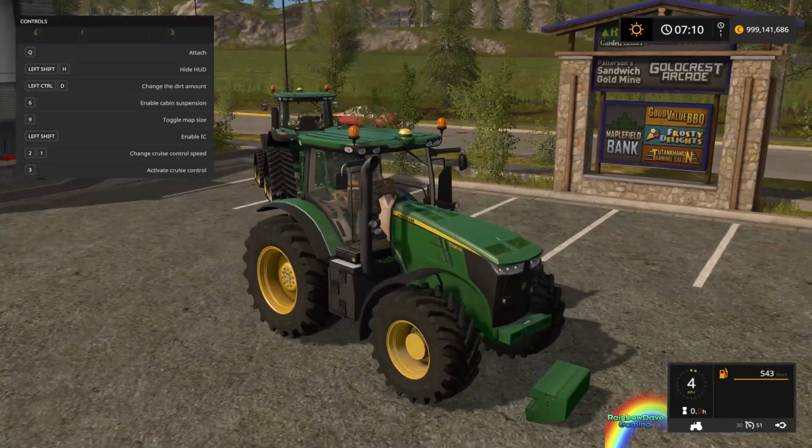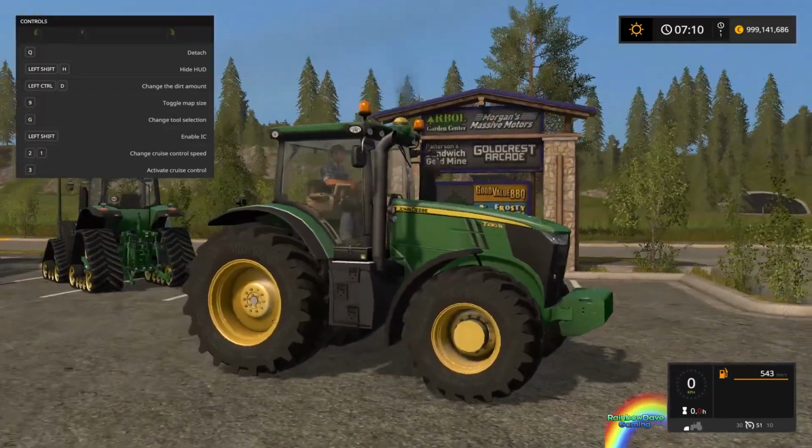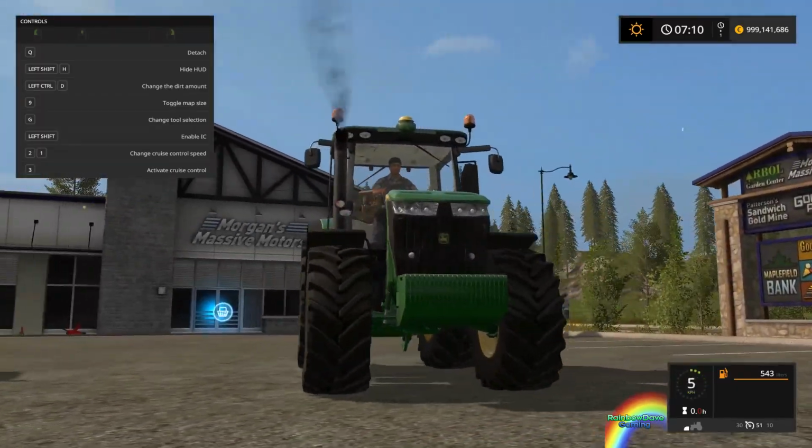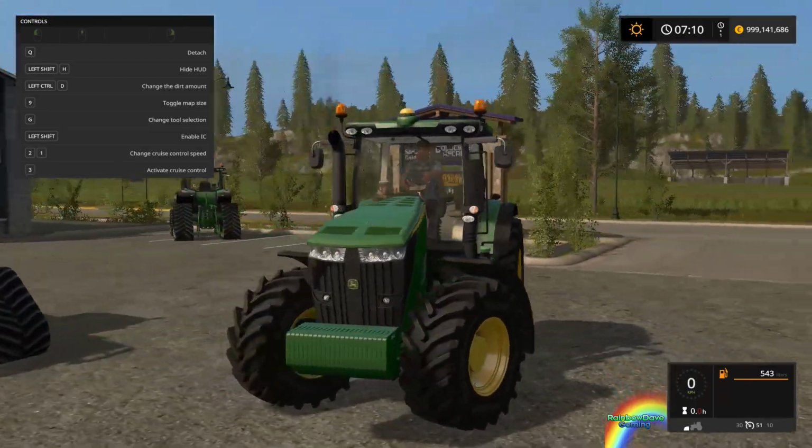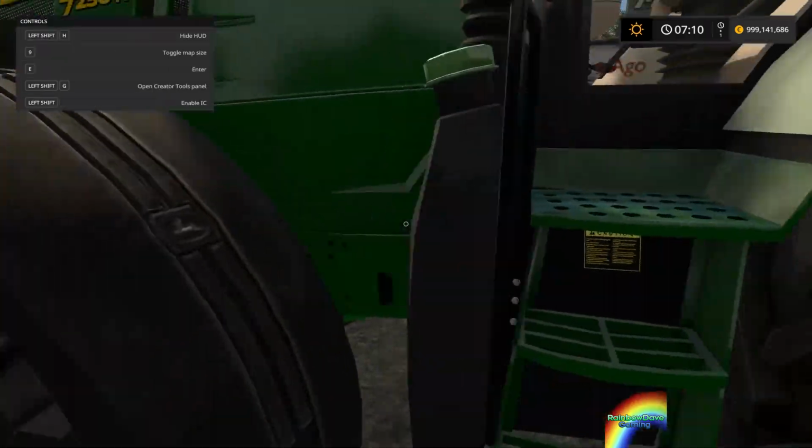Just see how it looks. So there's a front weight on. It's a slightly different shade of green, I'm noticing. But again, it's pretty well detailed. You can see...